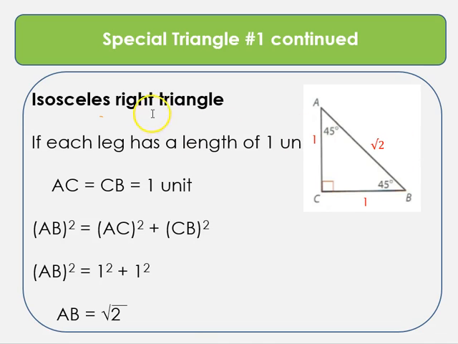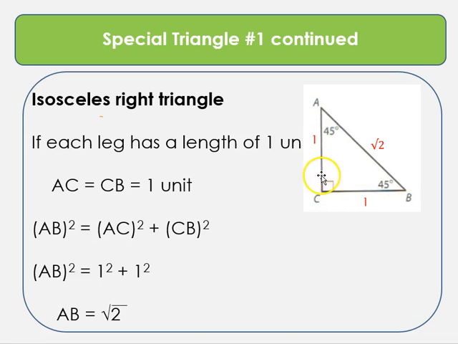In an isosceles right triangle, there's a special ratio that we can learn, and this will benefit you because if you know the length of even one side of a 45-45-90 triangle, you can solve all the other sides. So if each leg has a length of 1 unit,